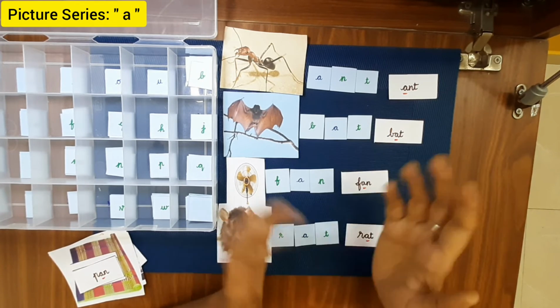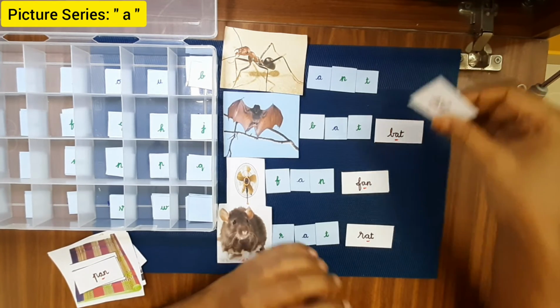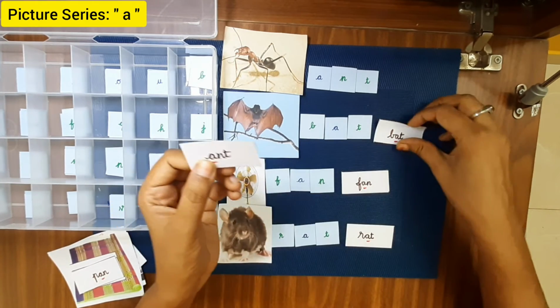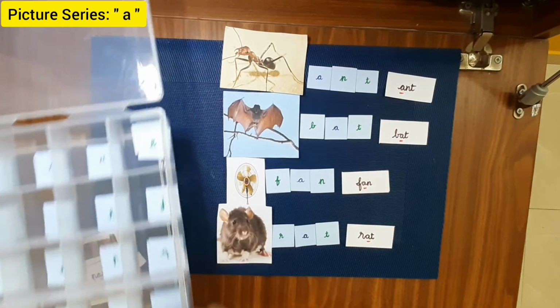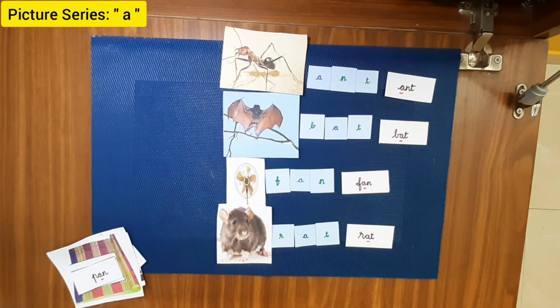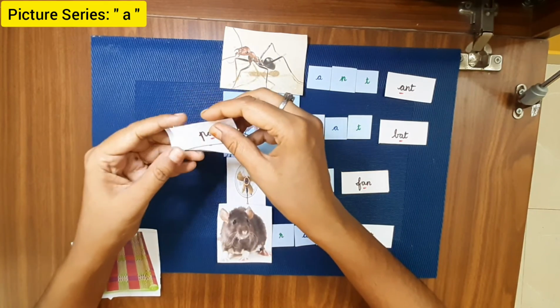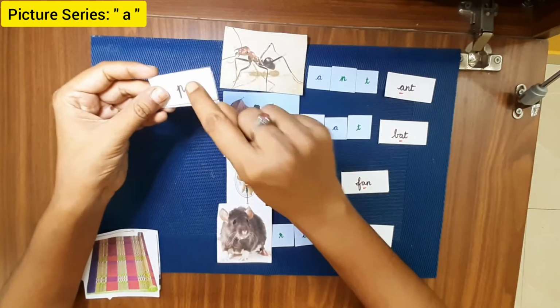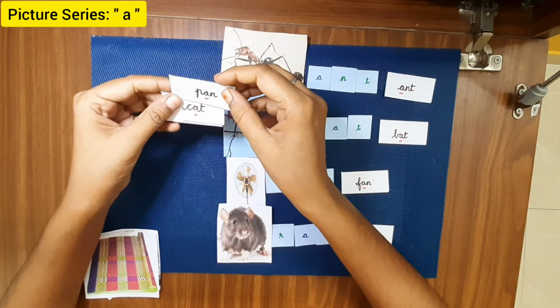So what you can do, the other way of making use of this material, you can ask the child to read. Okay, for example, let it be like this. Now I will show you the other way of using this material. I'll keep the movable alphabet aside. Now give the name slips to the child. Okay, I repeat, give the name slips to the child. Ask the child to read. This is the reverse way of using the same material.